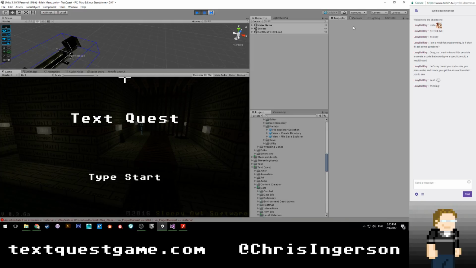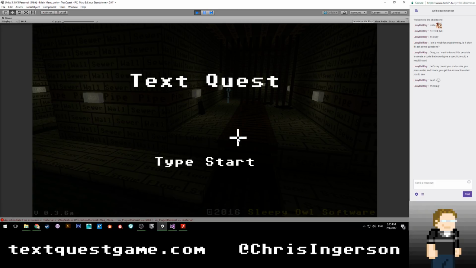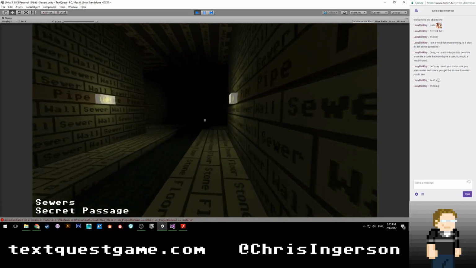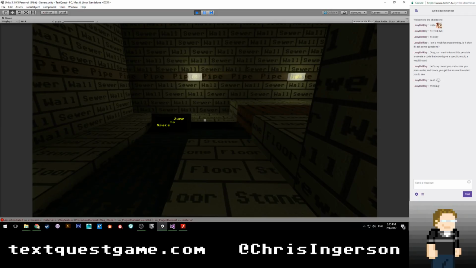So I'm going to pause, and we're going to check this out. Okay, it looks fine. I'm going to continue. Start. I'm just going to hit continue. So it shouldn't reload the level. Everything should be in here. I should be able to run up to both of the... God, yeah, it's...